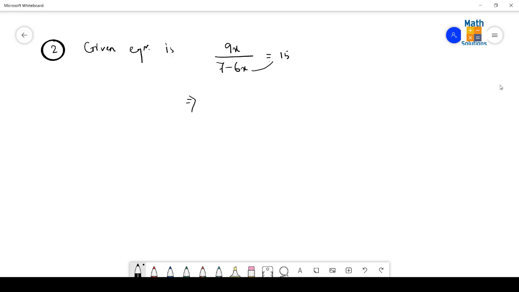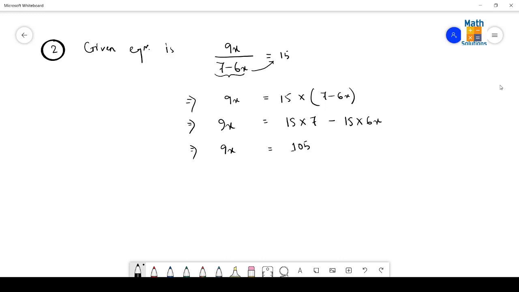This term is to be multiplied, the whole term is to be multiplied to 15 on the right hand side. Then what will be left behind? 9x will be left alone on the left hand side, and on the other side we shall get 15 into (7 minus 6x). The results will come like this. 9x is equal to 15 into 7 minus, because this is minus here, therefore we need to write here 15 into 6x. So the results we get as 9x is equal to 15 sevens are 105. Then after minus, 6 15s are